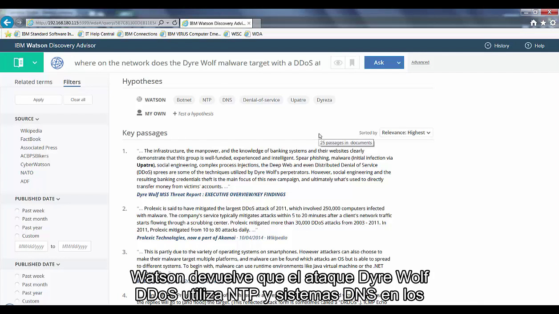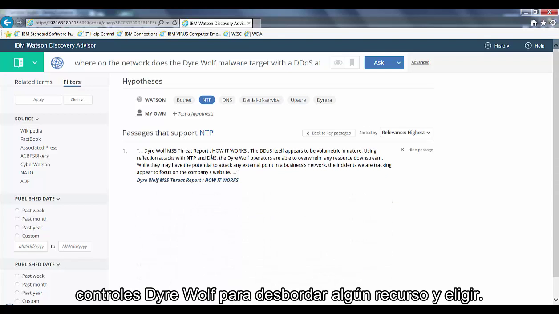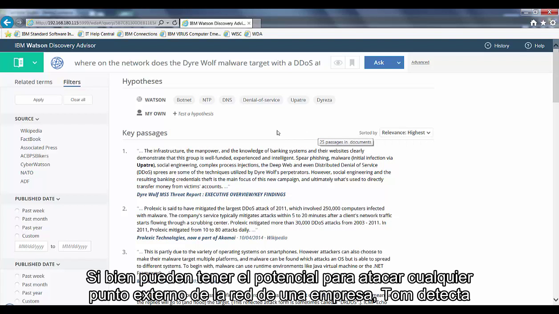Watson returns that the direwolf DDoS attack uses NTP and DNS systems that the direwolf controls to overwhelm any resource it chooses. While they may have the potential to attack any external point in a business's network,